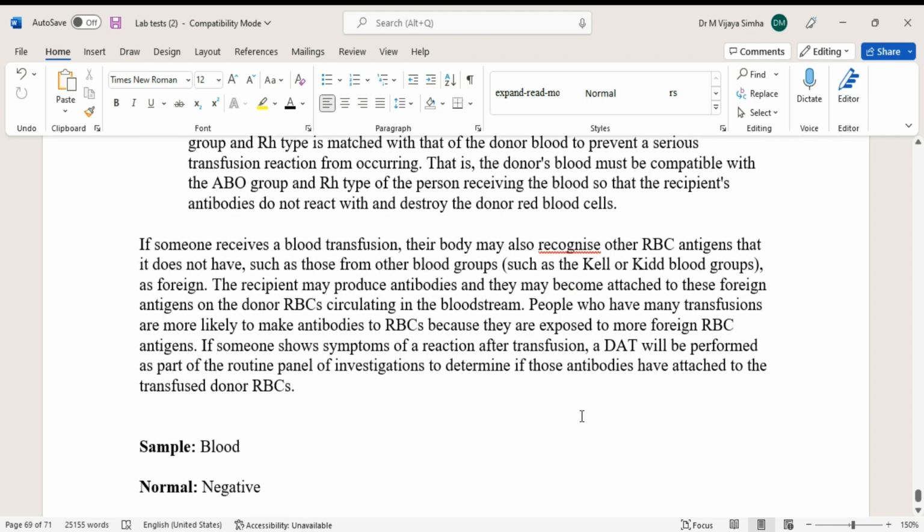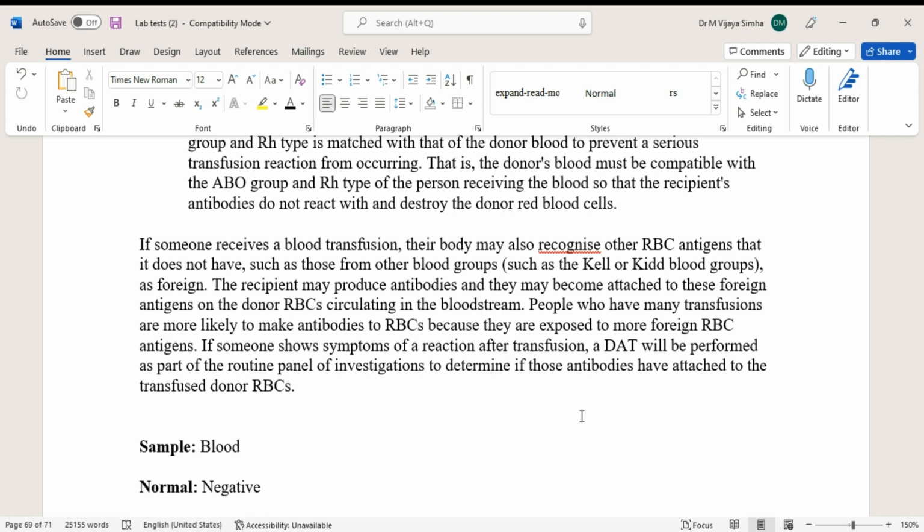If someone receives a blood transfusion, their body may also recognize other RBC antigens that it doesn't have, such as those from other blood groups, as foreign. The recipient may produce antibodies and they may become attached to these foreign antigens on the donor RBCs circulating in the bloodstream. People who have many transfusions are more likely to make antibodies to RBCs because they are exposed to